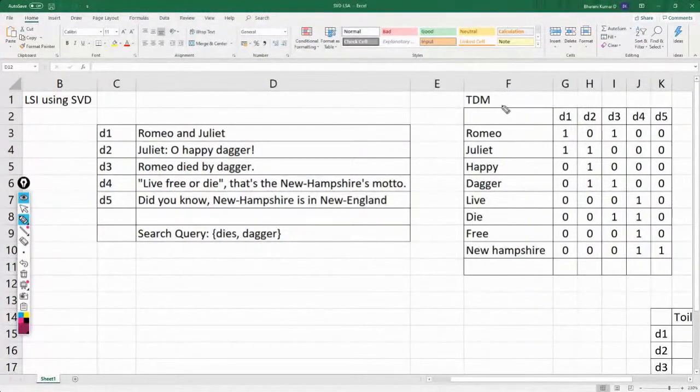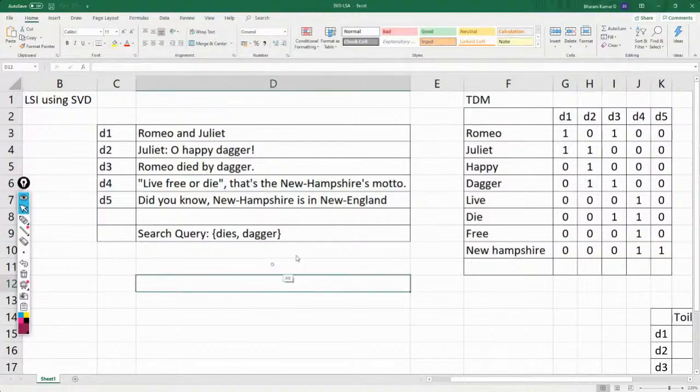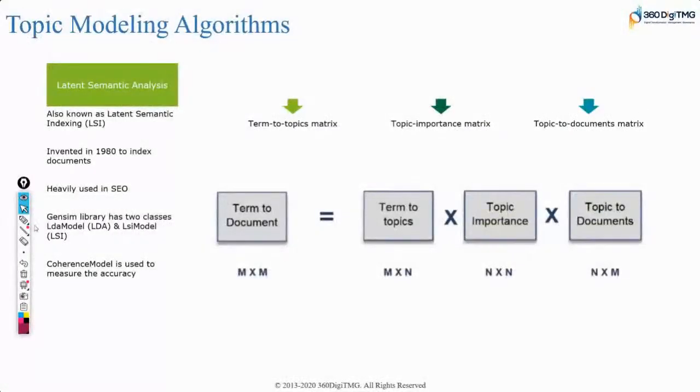Because once you have this term document matrix, all that means is you could just get this component. You got only this component. Now we need to decompose this into U sigma V transpose.